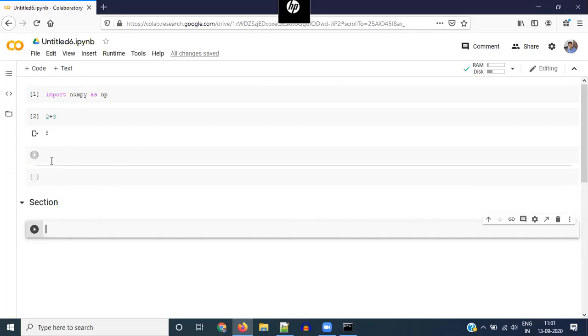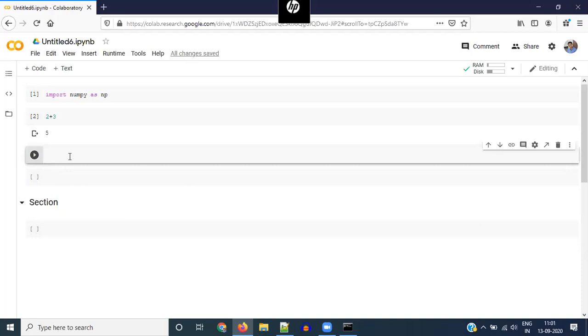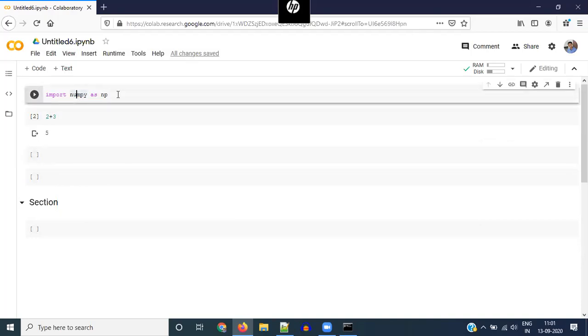Now, let's say you want to install some new package. By default, Google Colab has most of these popular packages like NumPy, Matplotlib pre-installed, so you do not have to install these separately. You might be wondering how I managed to run this and it worked. Is it because I already have it installed on my system? No, it's not got anything to do with what I have on my system, but Google has just installed these already on their server.